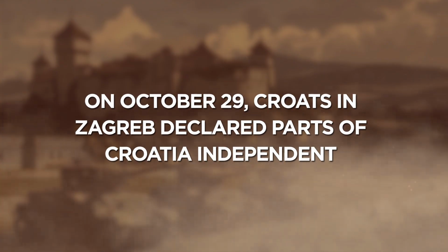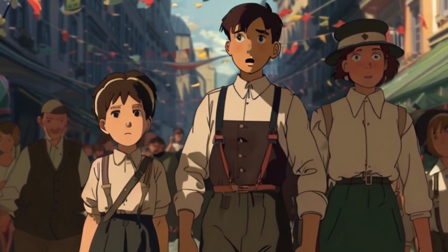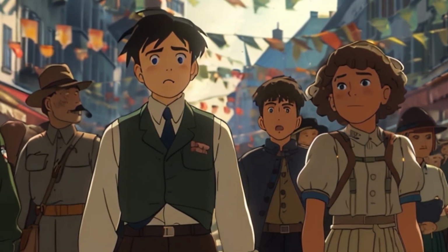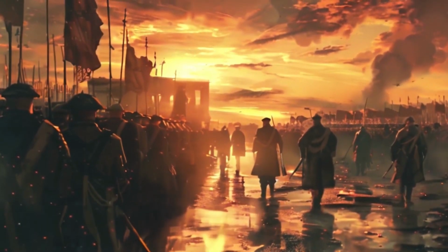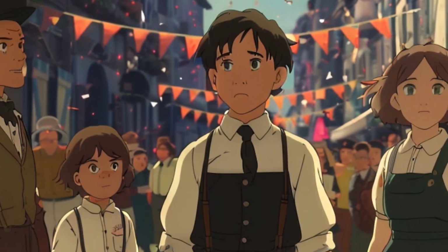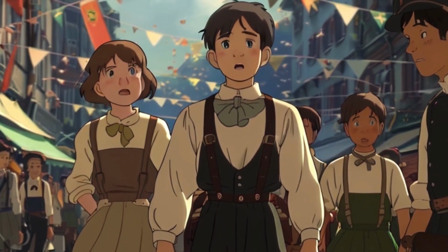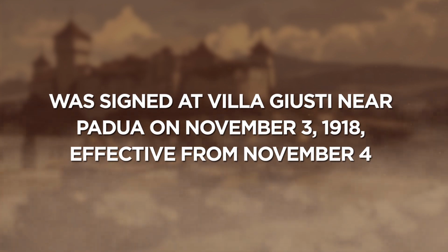On October 29th, Croats in Zagreb declared parts of Croatia independent, pending the establishment of a national state for Slovenes, Croats and Serbs. Finally, on October 30th, German members of the Reichsrat in Vienna declared an independent state of German Austria. An armistice between the Allies and Austria-Hungary was signed at Villa Giusti near Padua on November 3, 1918, effective